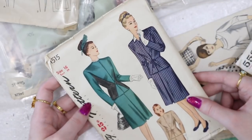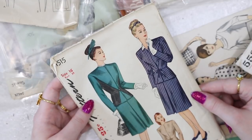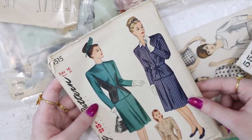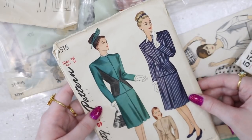I especially love how they've illustrated it with the striped fabric here, so you really see the full effect of it taking you in at the waist and being really, really flattering. The only thing I don't love is that this doesn't have a color option. It just looks a little bit blank, but it's still a nice design, and it feels like it might be